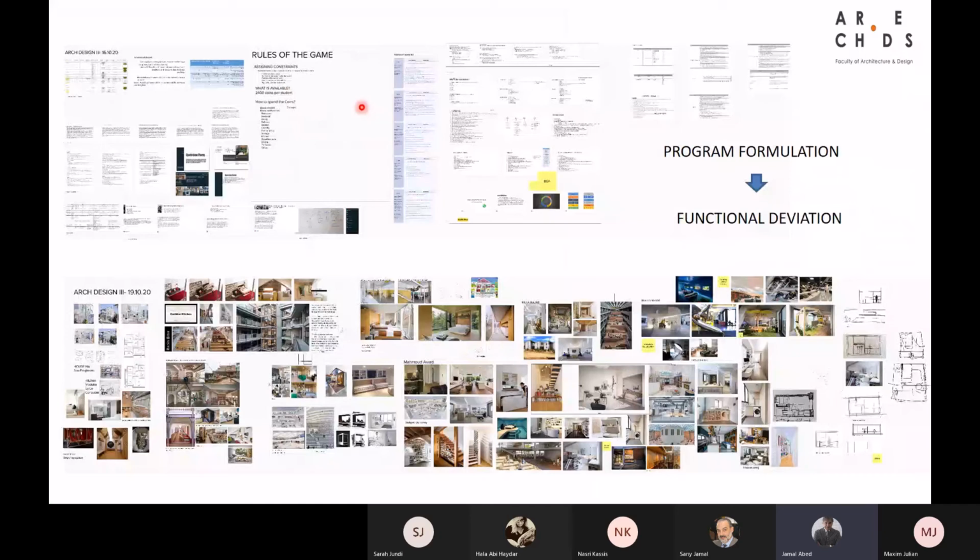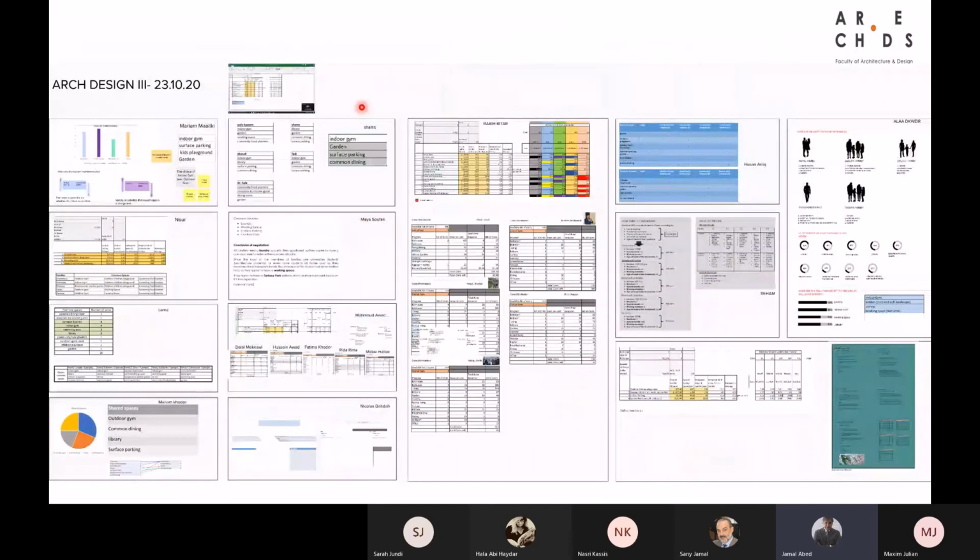functions in light of the collective dimension of the project on one side, but also in light of the severe economic crisis that everyone is living in, and how to live in an affordable way. And these are the examples of the work of the students that they have produced in doing such a narrative.